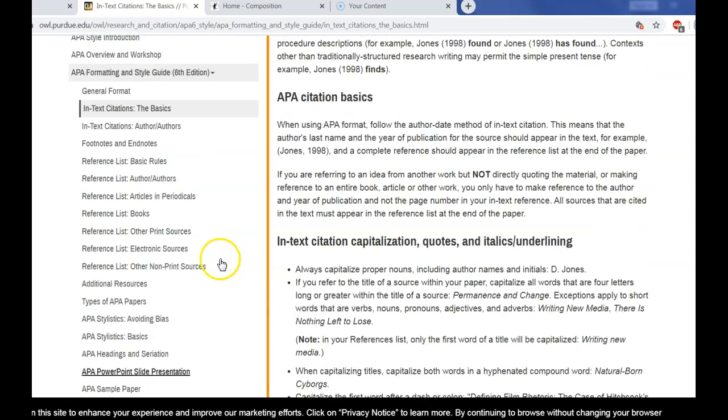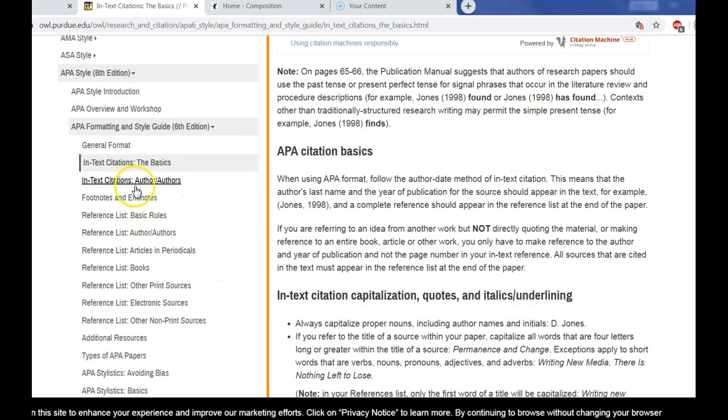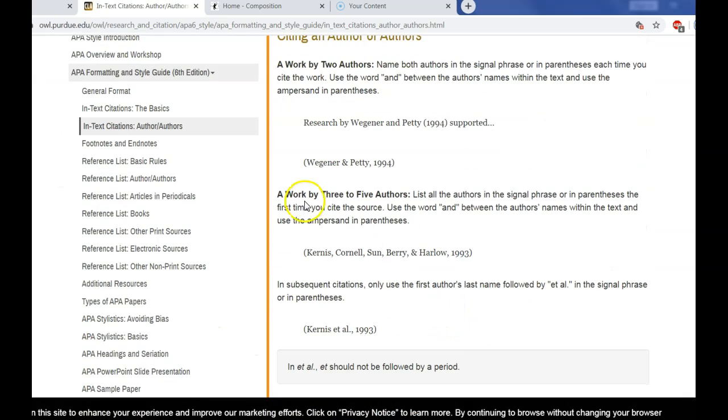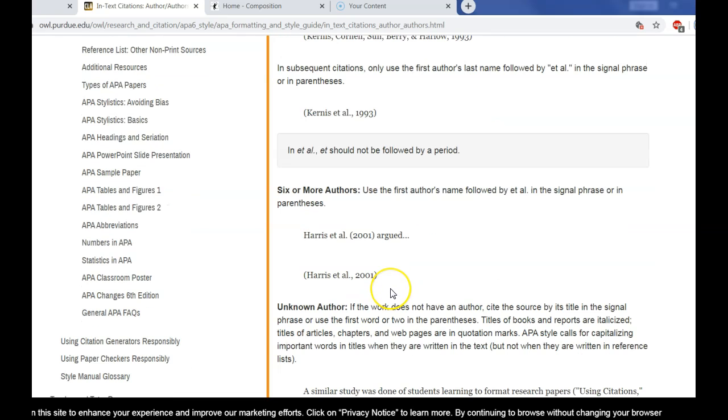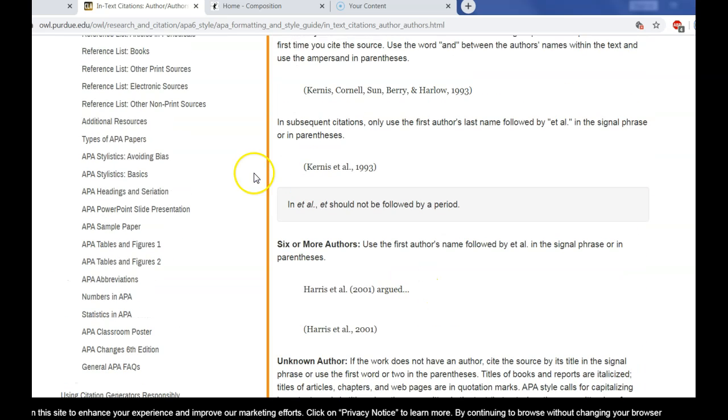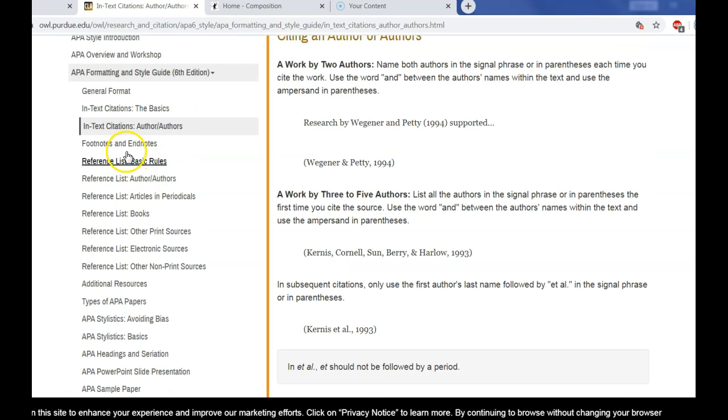As well, if we look at our list, author or authors, if you have a question about work by 3 to 5 authors or work by 2 authors, how would you write it? Or if you have a work by more than 6 authors or no author listed, what to do? This is your backup. Going back to the list, you'll see